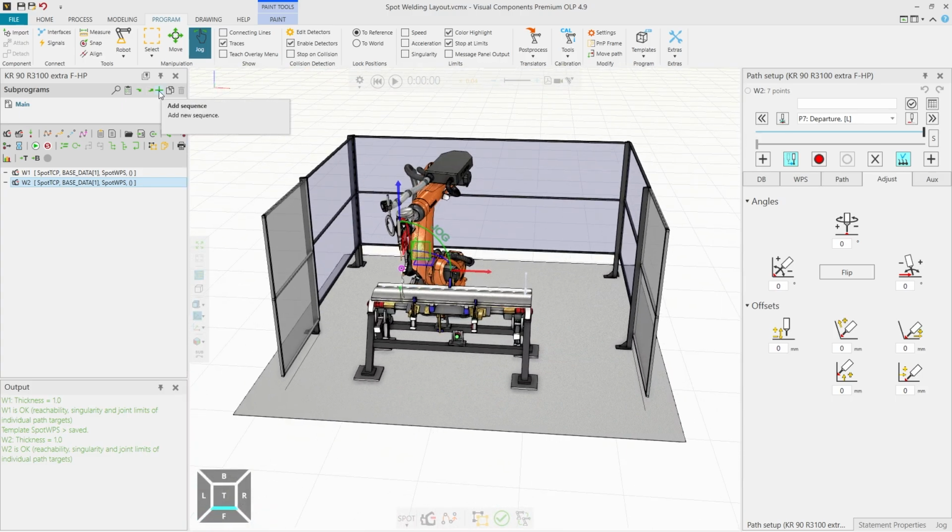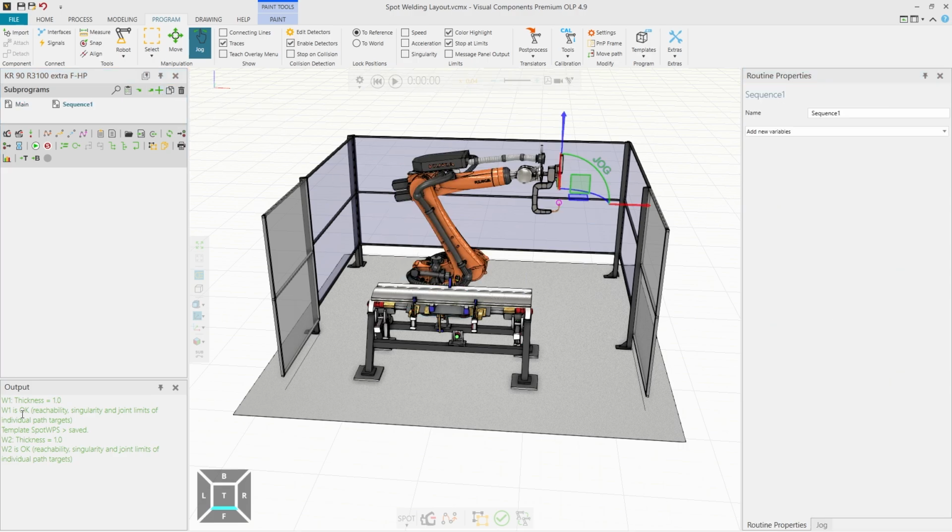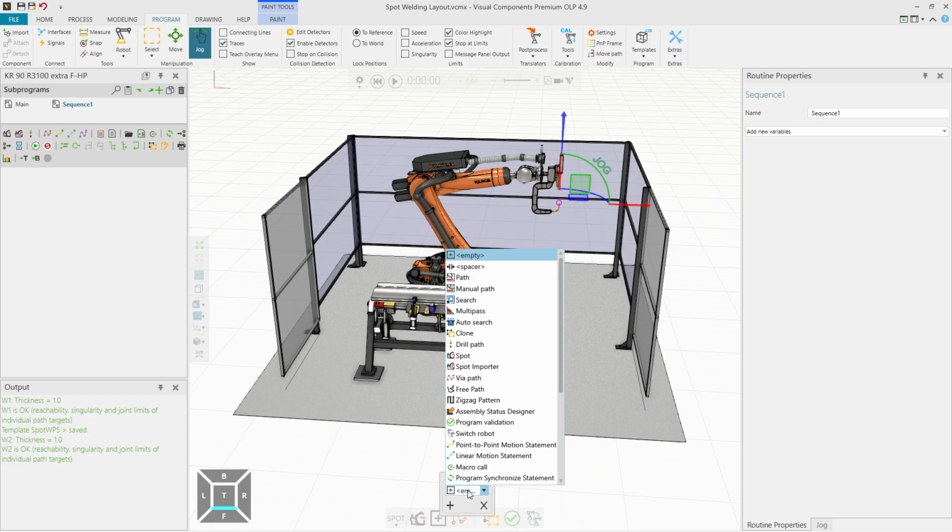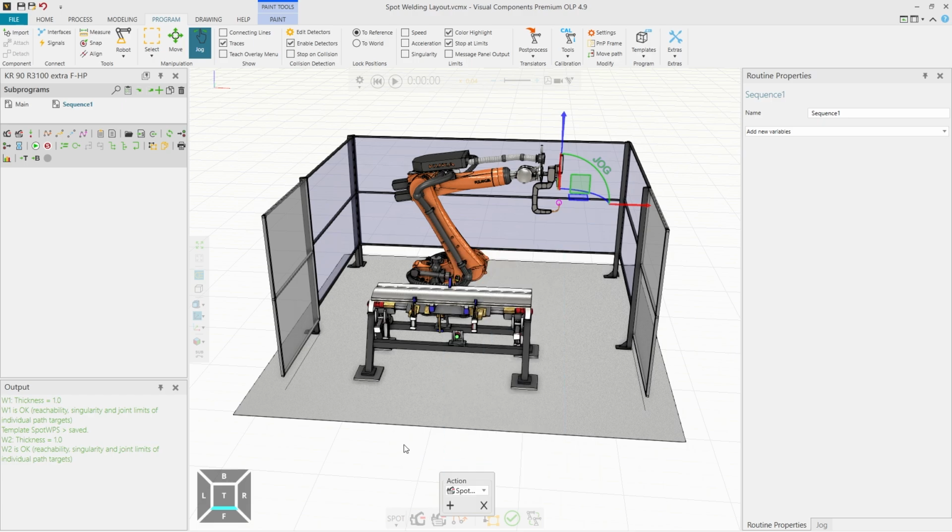We can also do an imported path, so we can import spot weld paths from this hover panel. We can add a new button to the hover panel, and on mouse right, we can add an action for the spot importer. And if you already have your data inside a CSV file, we can import that data and form these paths automatically from those CSV files. For more information about the CSV files, please check out the data that is provided together with this tutorial.